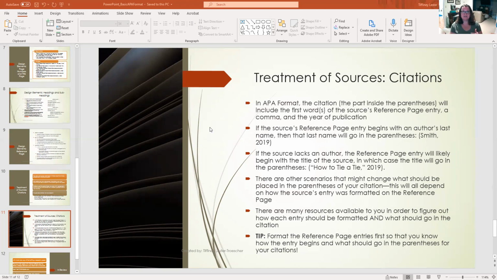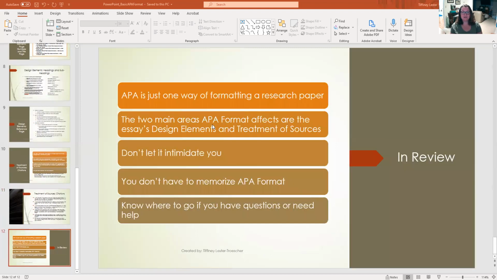So take that advice to heart, because it really can save you a lot of time and a lot of frustration. How much easier would it be to start writing the essay, to start writing your rough draft, and every time you take information from a source in some way, all you've got to do is look right there, and you'll know what to put in the citation. It helps. It really does. All right, so